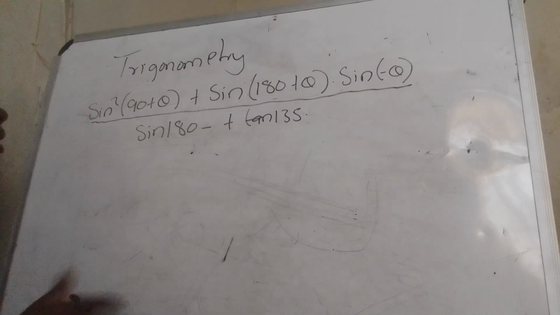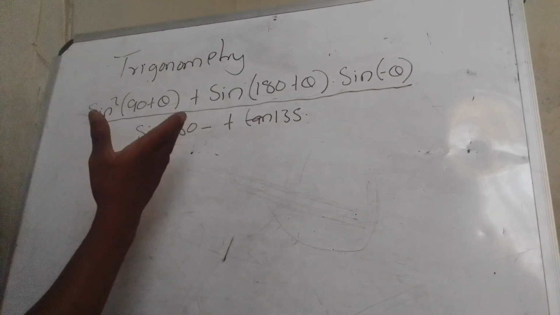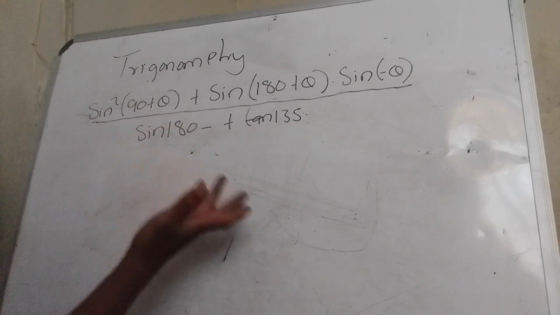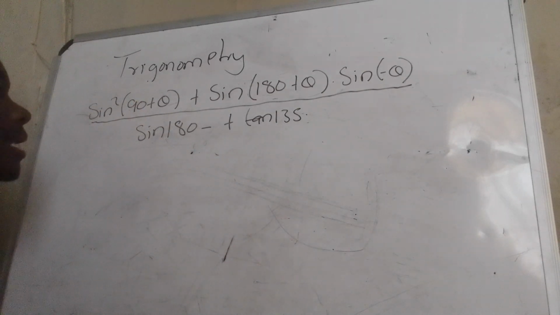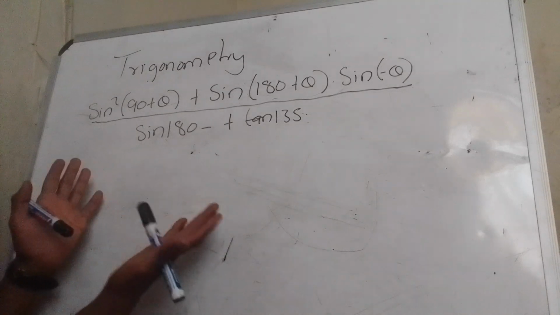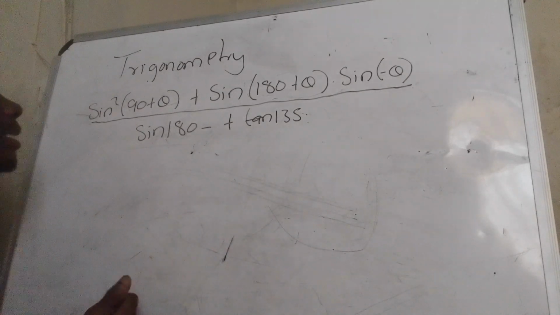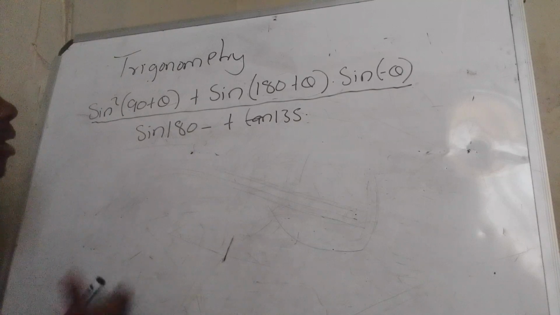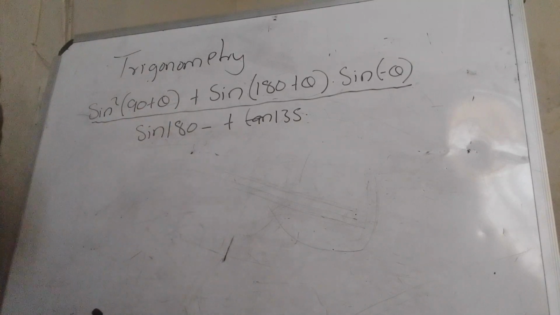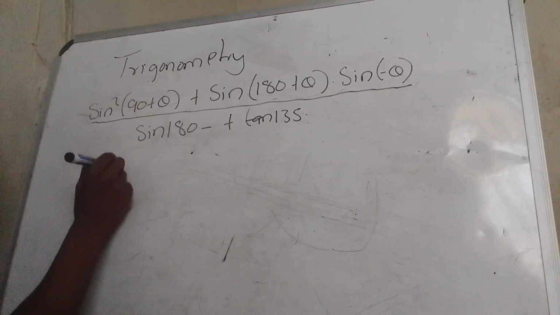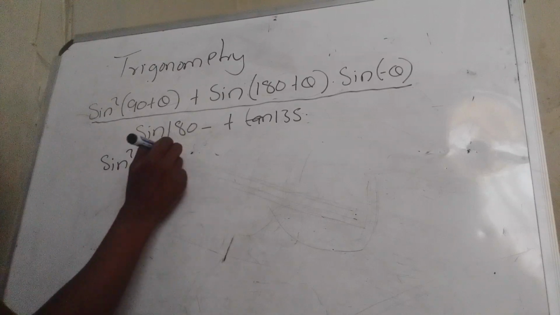Okay, we have 90 plus theta, right? 90 plus theta is in which quadrant? We're simplifying without using a calculator. Here we have 90 plus an angle. 90 plus an angle is in the second quadrant. How is sine in the second quadrant? It is positive. So I'm going to have sine squared theta plus